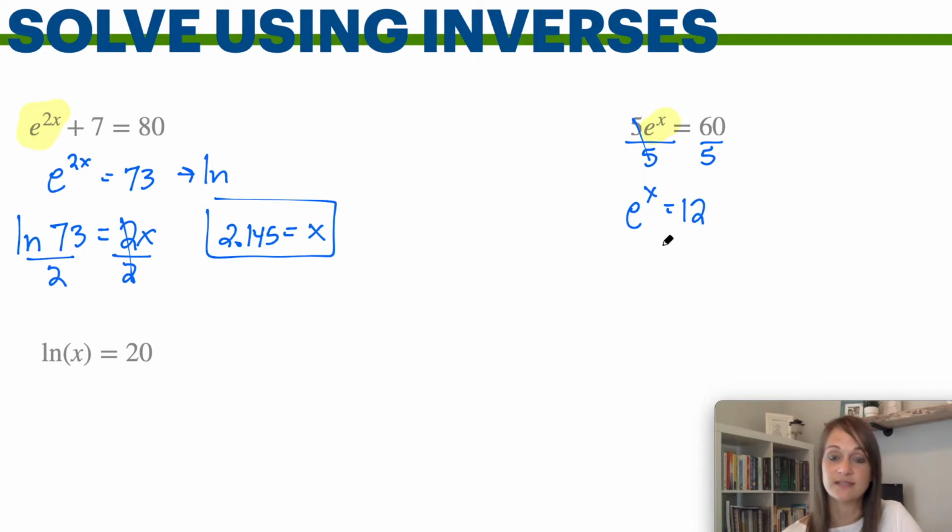And now I can rewrite this as a natural log to get the x out of the exponent. So the natural log of 12 should equal x. And if you put that in the calculator, you will get